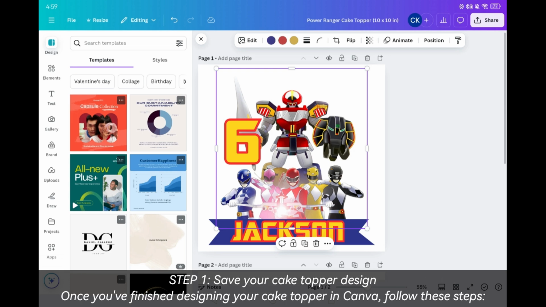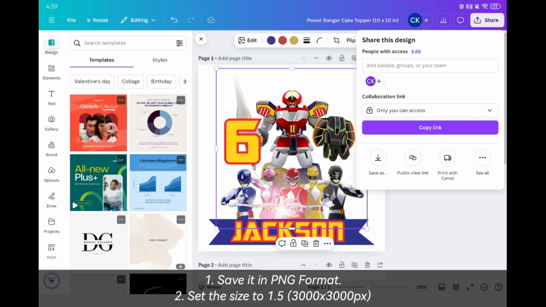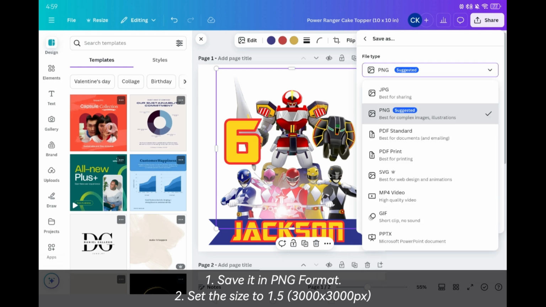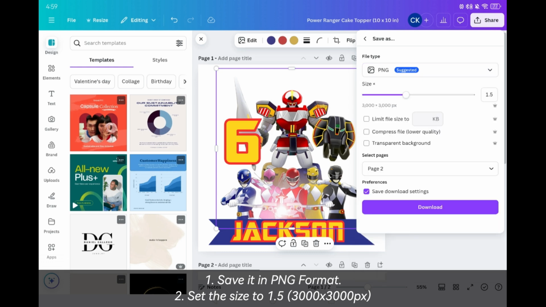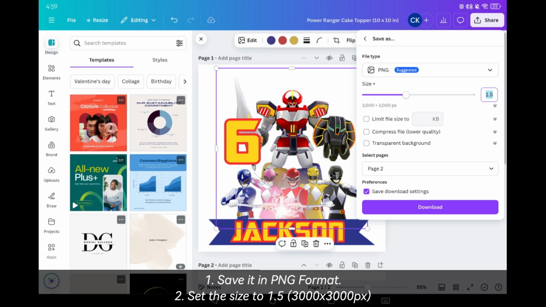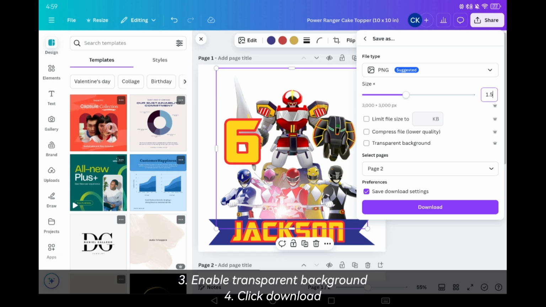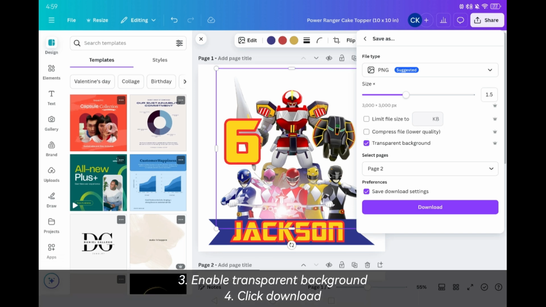Step 1. Save your cake topper design. Once you've finished designing your cake topper in Canva, follow these steps. Save it in PNG format. Here, set the size to 1.5 or 3000 by 3000 px, enable transparent background, and click download.